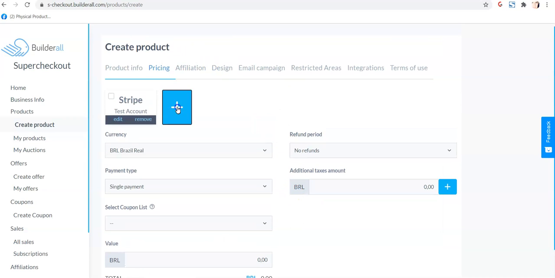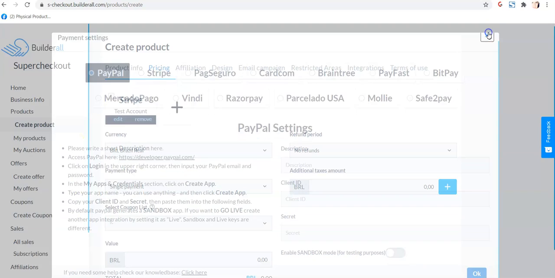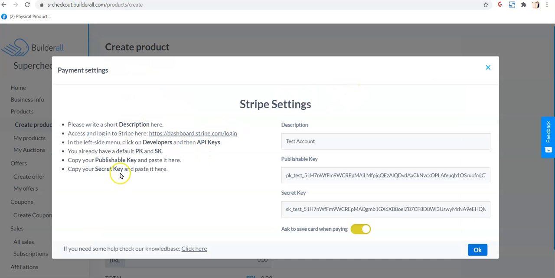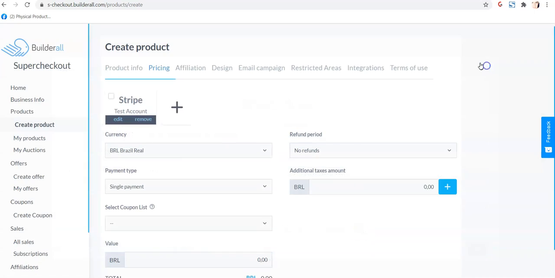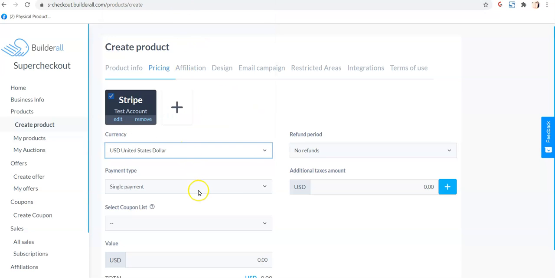Now you will see there's a plus sign. If you click on that, you will have a wide variety of payment gates that you can choose from. Now for this specific purpose, I've already chosen Stripe. So when you do go into these different kinds of things, it will give you the instructions on the left exactly how to populate the information on the right. So just follow that. So we're going to choose Stripe, and I am going to use United States dollar, and